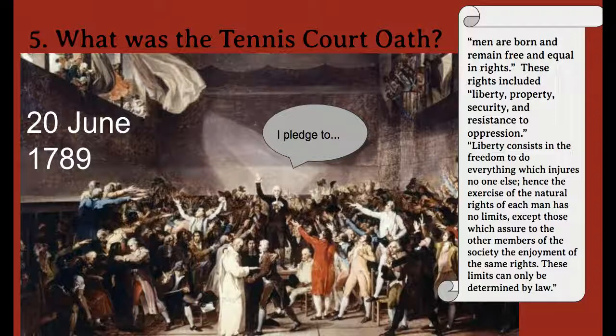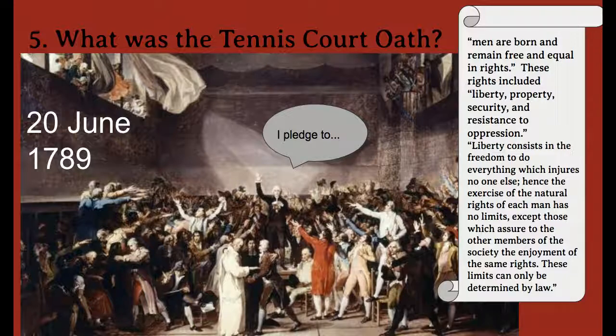And this indoor tennis court, this indoor gymnasium, was broken into by the National Assembly, led by a guy named Guillotine, actually. He's a famous inventor. He invented a thing that's going to be important later. They broke into the tennis court and they said, okay, well, we're not going to leave until we come up with a new government. If we leave, the king will lock us out again. We're not going to leave until we come up with a plan.